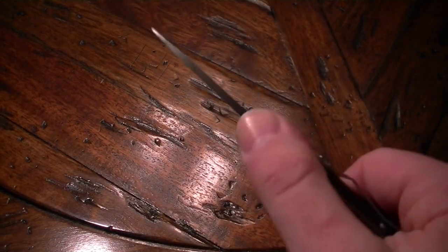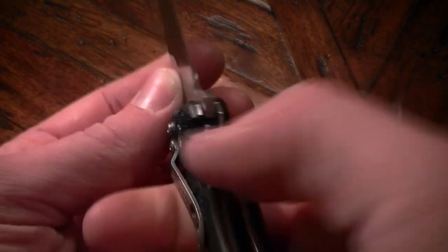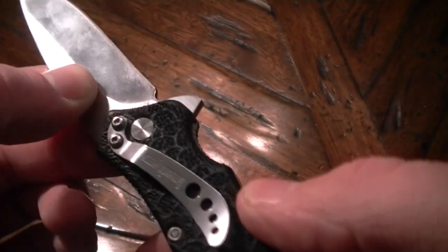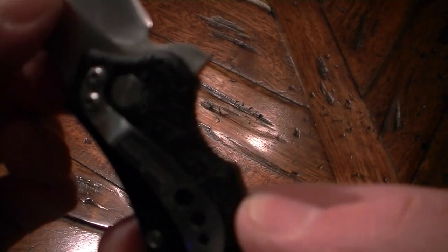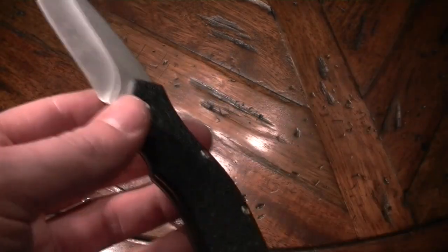One other little complaint I had with it. The knife has no jimping on the blade nor on the handle. It's got jimping on the liner lock, which doesn't do a whole lot because that's nearly recessed into the handle. You can barely see that it's barely sticking out, so it doesn't do a whole lot. So what I did is same thing. I took my wood burner, same thing I stippled the whole knife with, and stippled the backside